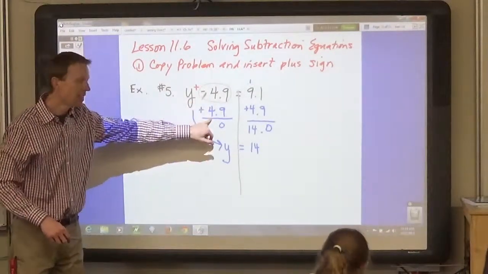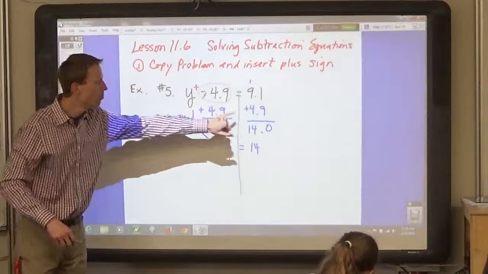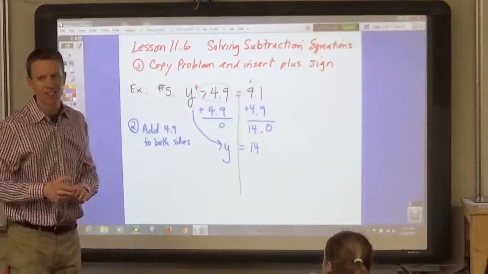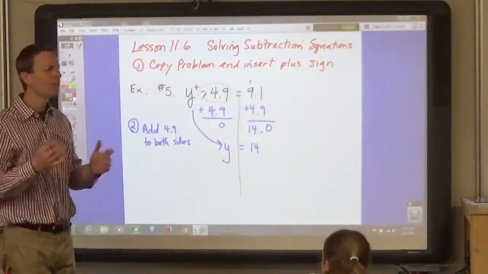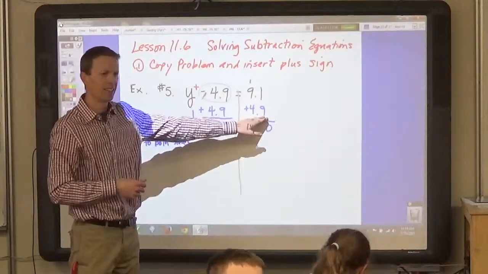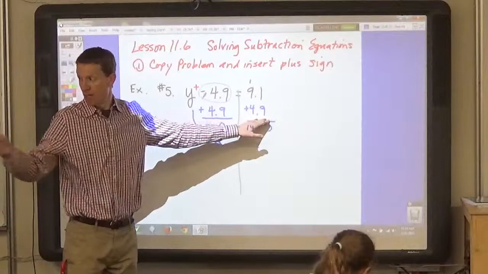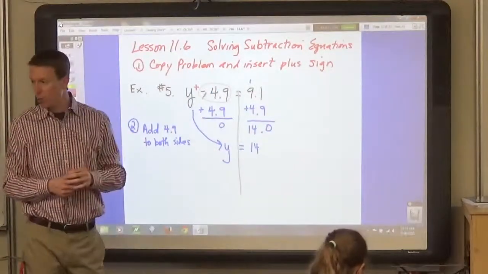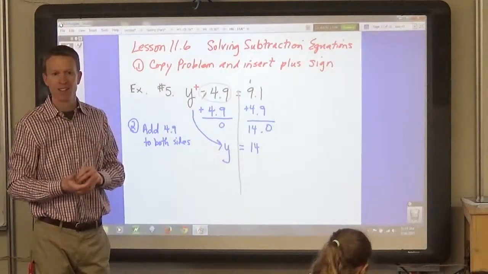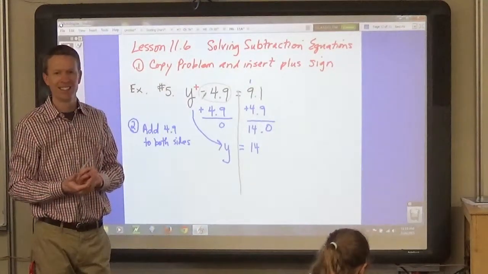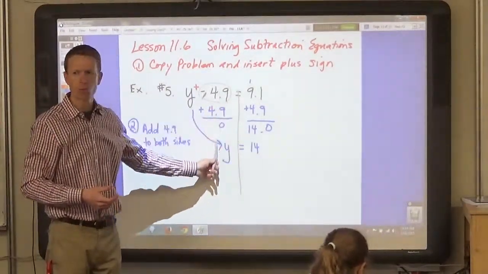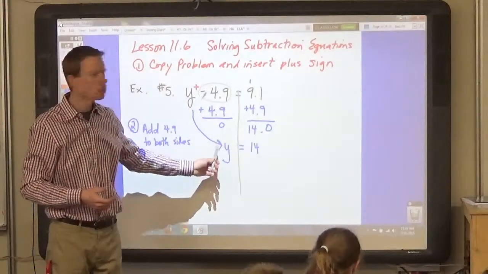Add the opposite of the number to both sides. Repeat. Add the opposite of the number to both sides. Why do we have to add it to both sides? Why can't we just add it to one side? Because the equation wouldn't stay balanced. And what else? Well, you might get the right solution, but you are not proving the solution unless you add the same number